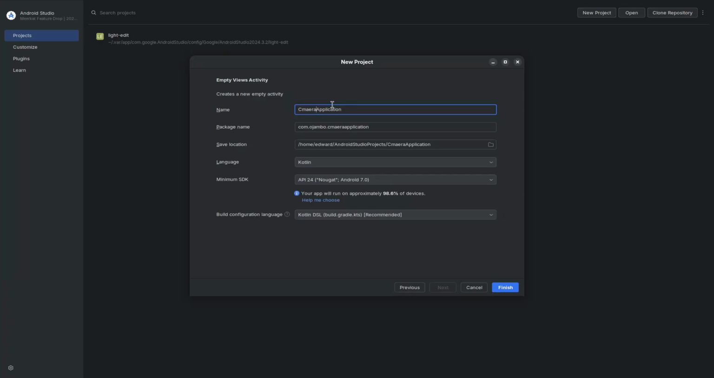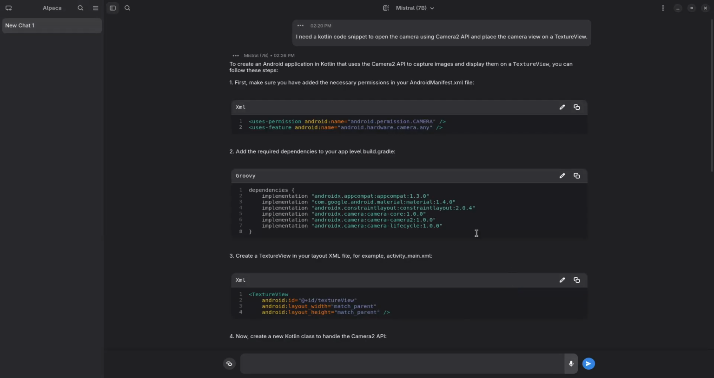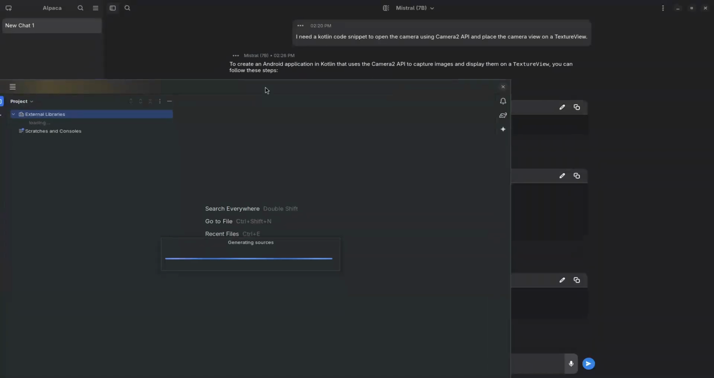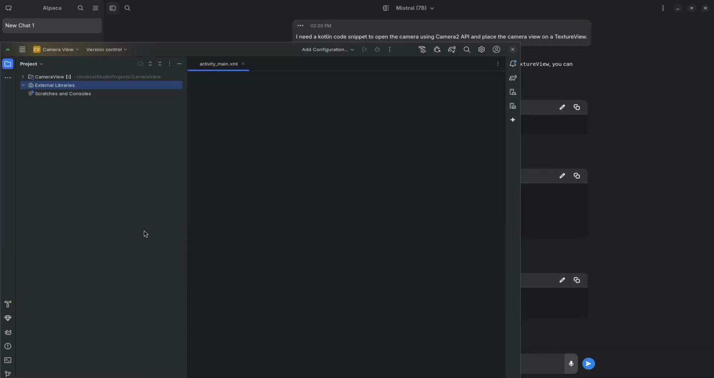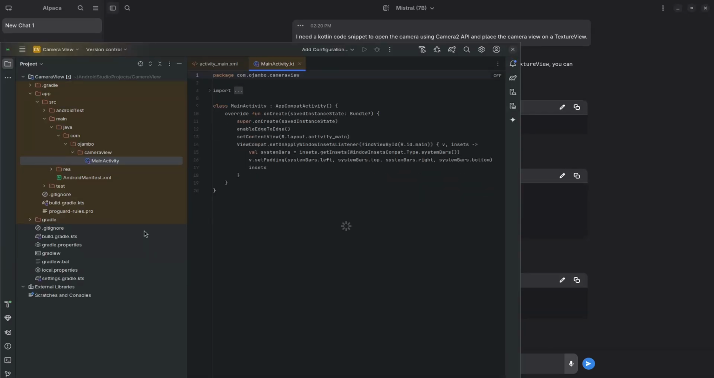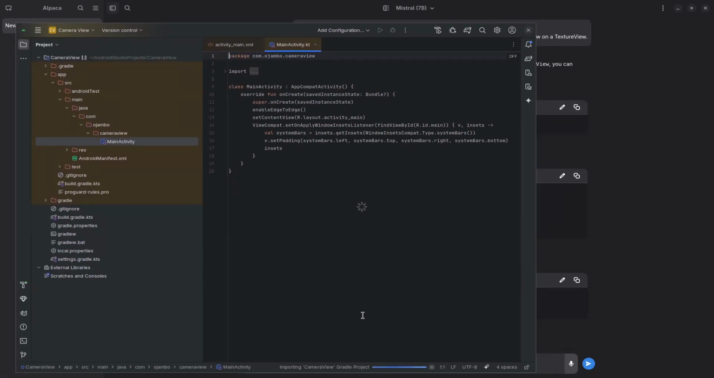Camera view. Looks like I have to buy a new keyboard. My favorite keyboard is no longer being made. And okay, so it's opening up in another screen. As you know, Android Studio does take a little while. I'll show this to you. So it does take a little while to build all this stuff. Yeah, as you can see down here. So we'll wait for this to finish up,